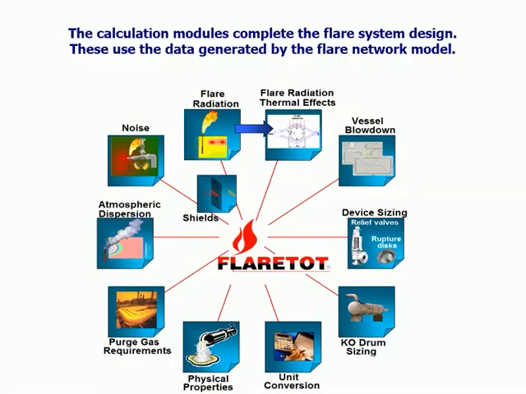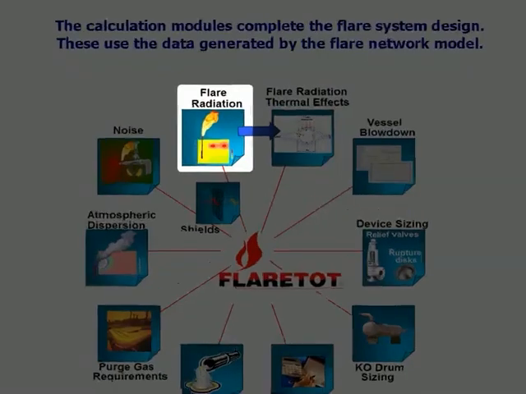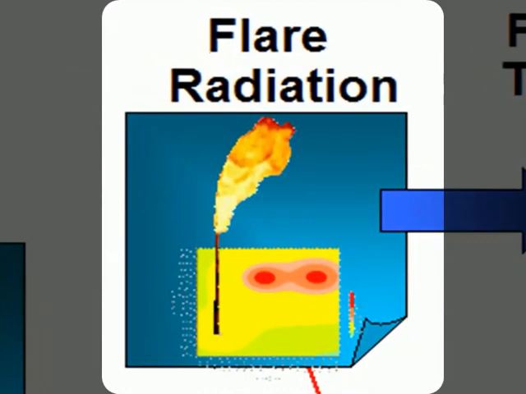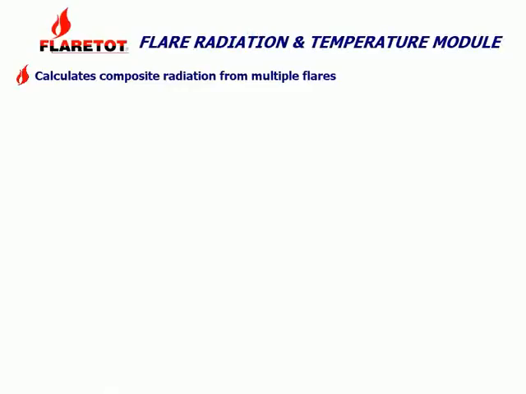The calculation modules complete the flare system design. These are linked to the data generated by the flare network model. We will present these modules in the following sections. Firstly, the flare radiation module. The flare radiation and temperature module calculates composite radiation from any number of flares on different